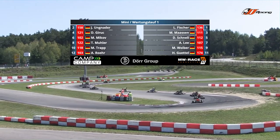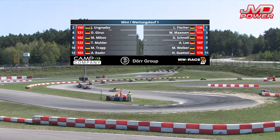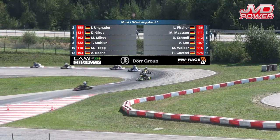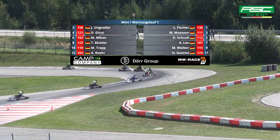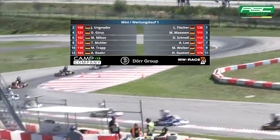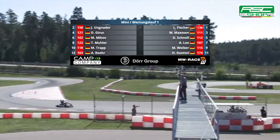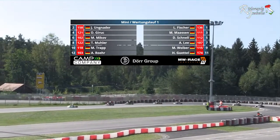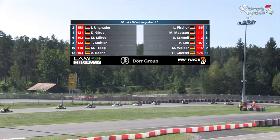Jonas Ungrada from Nice Racing in the 158 lines up alongside on the front row. Then it's the 111 of Montego Maassen, also from Nice Racing, with Schollenberger Racing's David Jehook in the 121 alongside on row 2. David Schnell from Kachmi.de in the 112 has Kachport Klim's Miko Mikov in the 102 alongside for